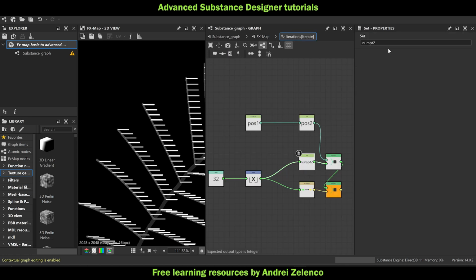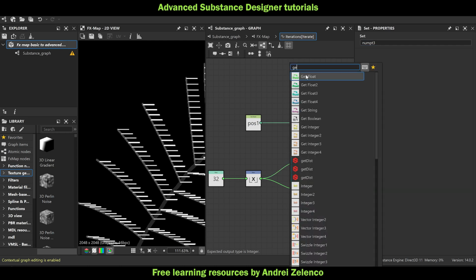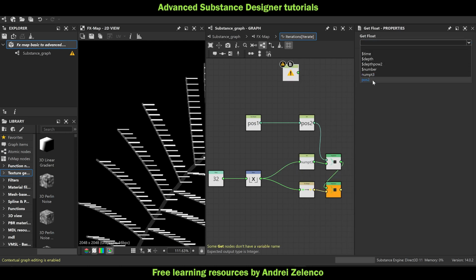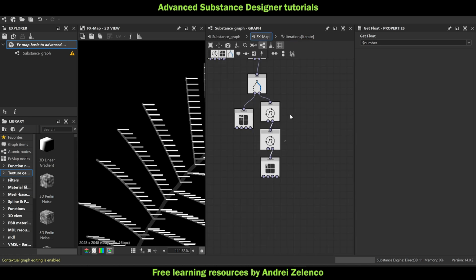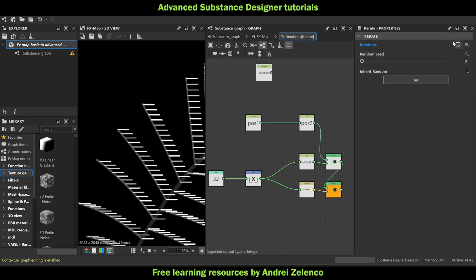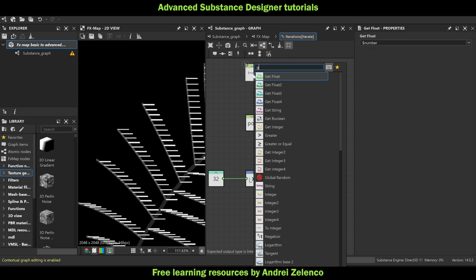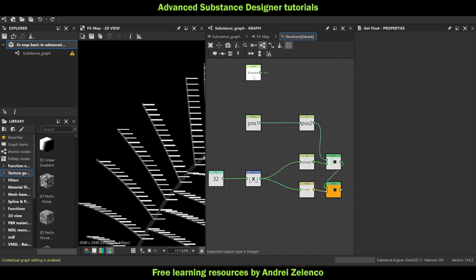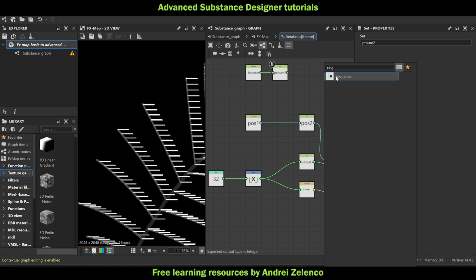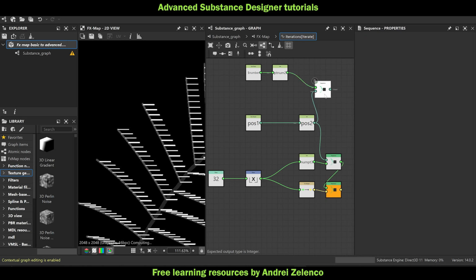So now we have numpty3. Also I need to get float dollar number, so I need to take the dollar number from here and store it in here below it. So dollar number, this is now set, this is now ptnum2. Okay,